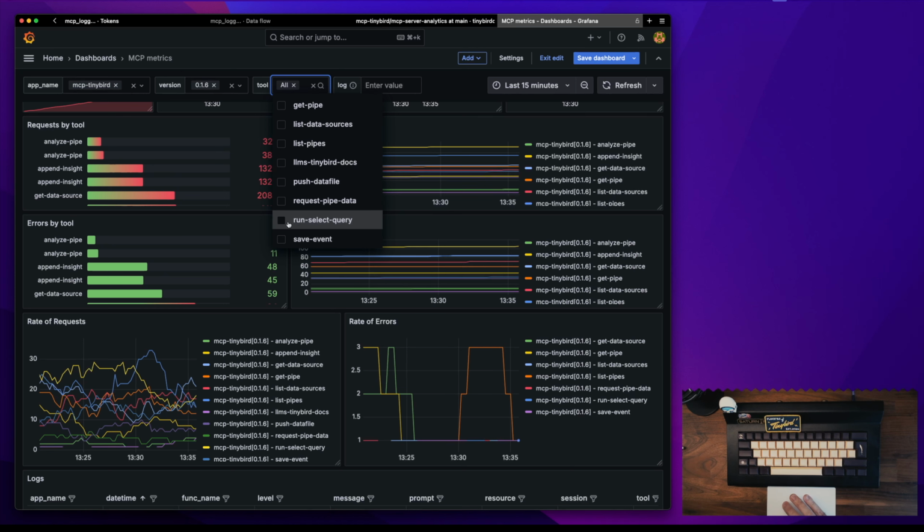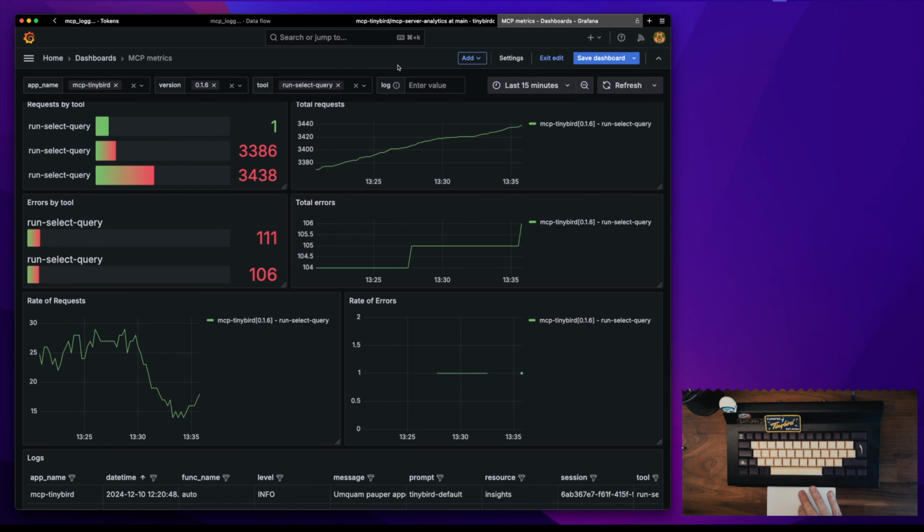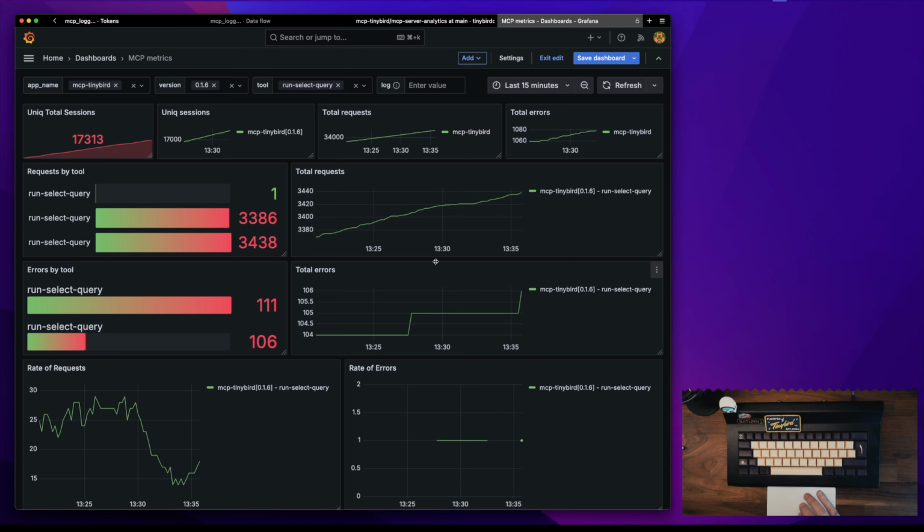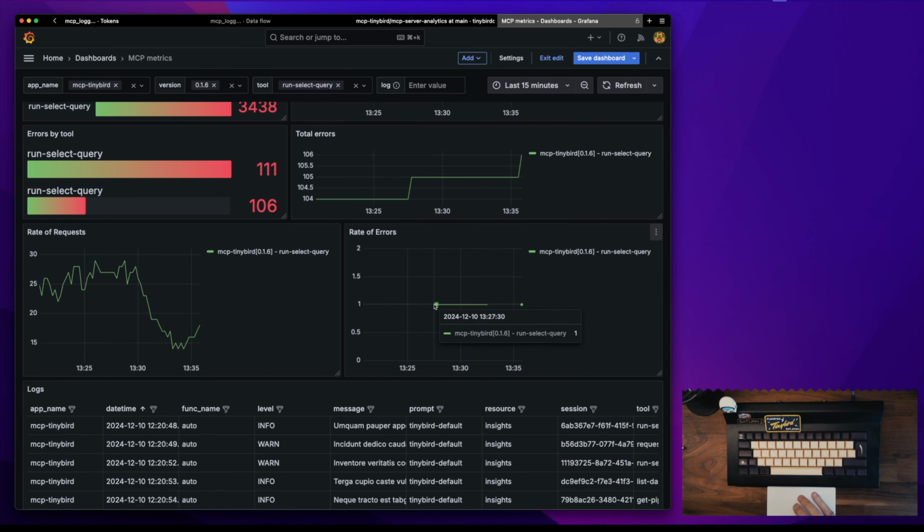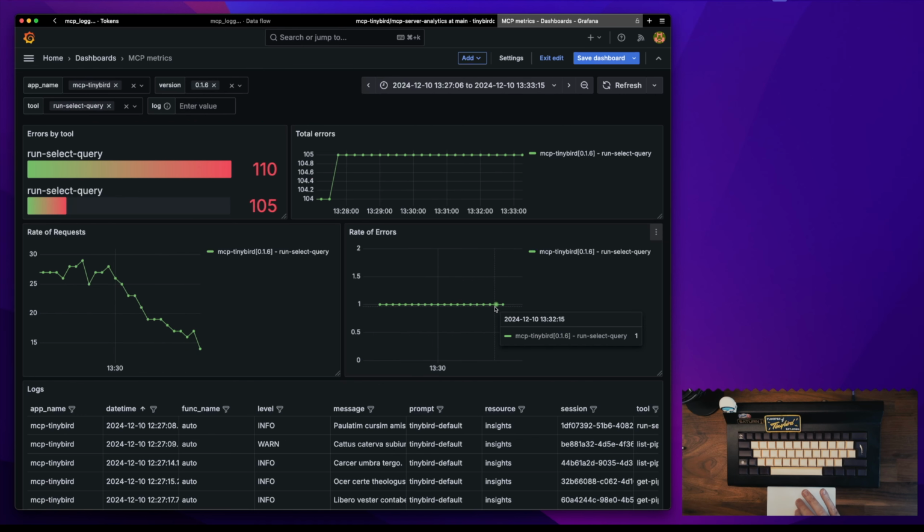For instance, the one I'm most interested in is this one, which is the one that allows users of my MCP server to send queries to Tinybird to explore some data. So I want to know how much it is being used and if it's having errors or not. Okay, some of this data is being mocked because I'm now debugging the whole thing. But for instance, this one is having some errors. So I could then use